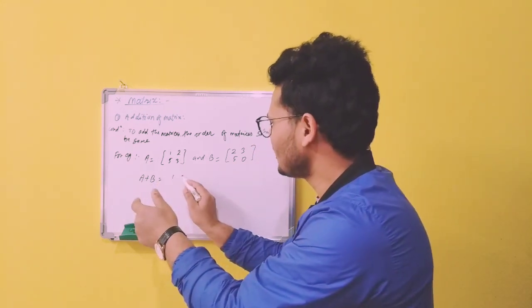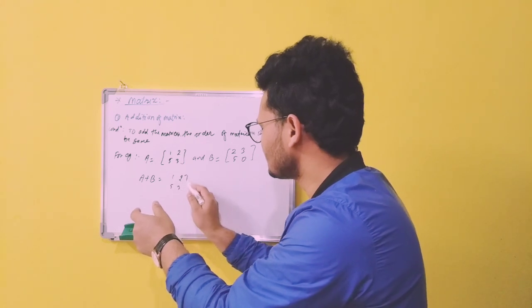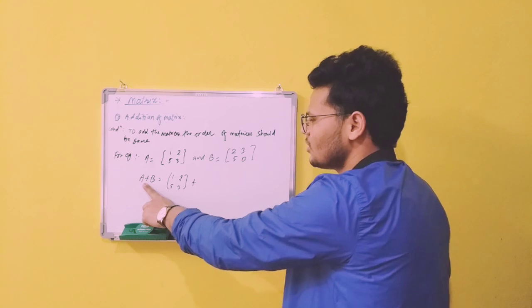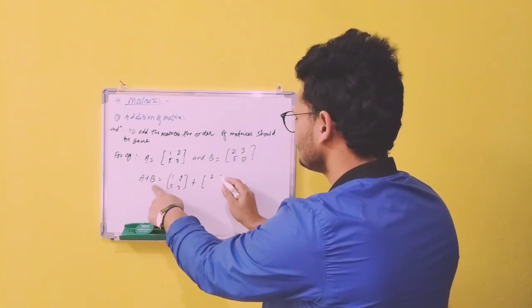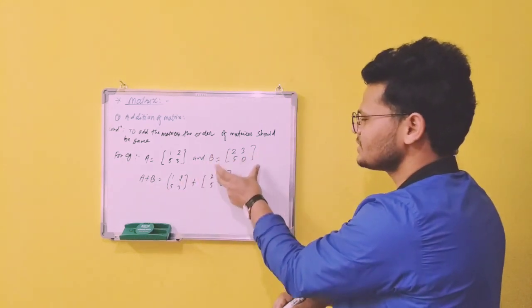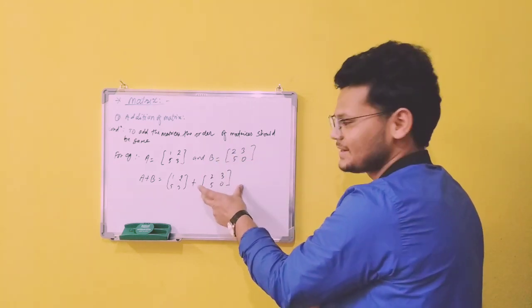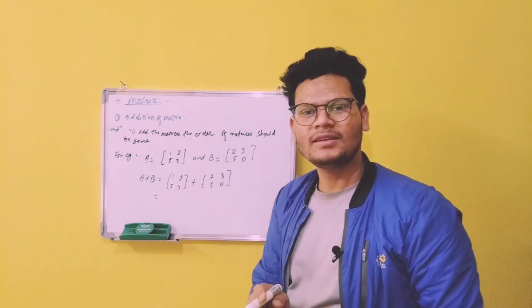It means that 1 2, whatever the given elements, you just need to copy this. Okay, plus sign, whatever the sign, plus sign, right? Okay, plus sign also B here, 2 3 5 0. Just copy the elements of B, instead of B just write that element, right? Okay, is equal to, see here,